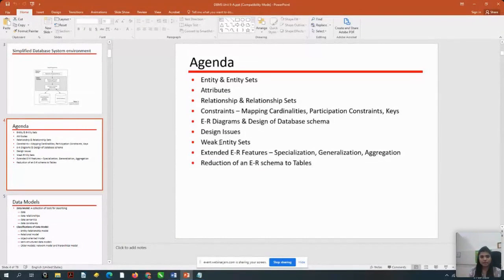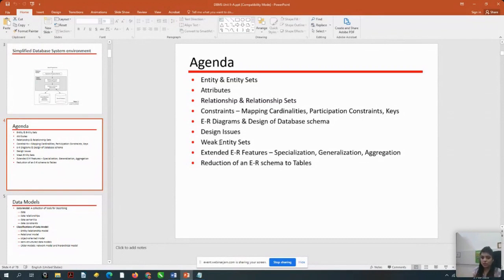Okay, values, basically student, so its values are student ID, student name, student last name and address. So these form the attributes. Then relationship. When you link two entities, then you need to specify the relationship between those two entities. So that is the relationship represented by the diamond.